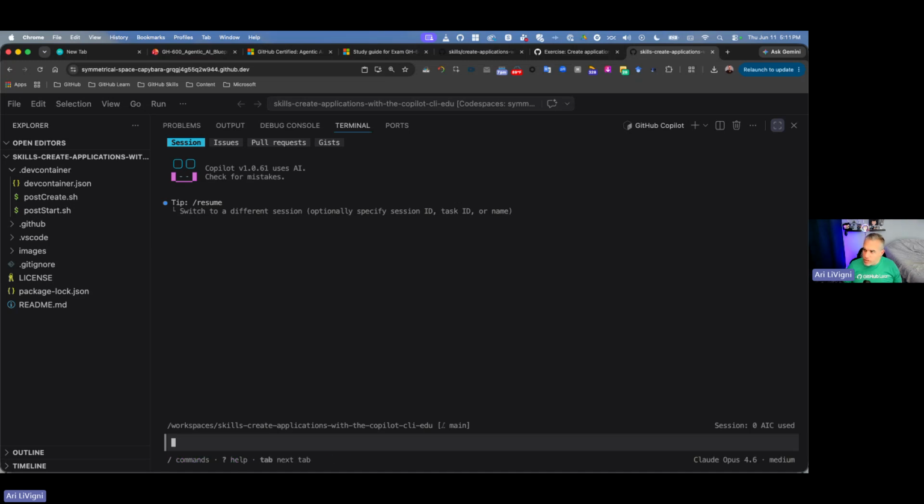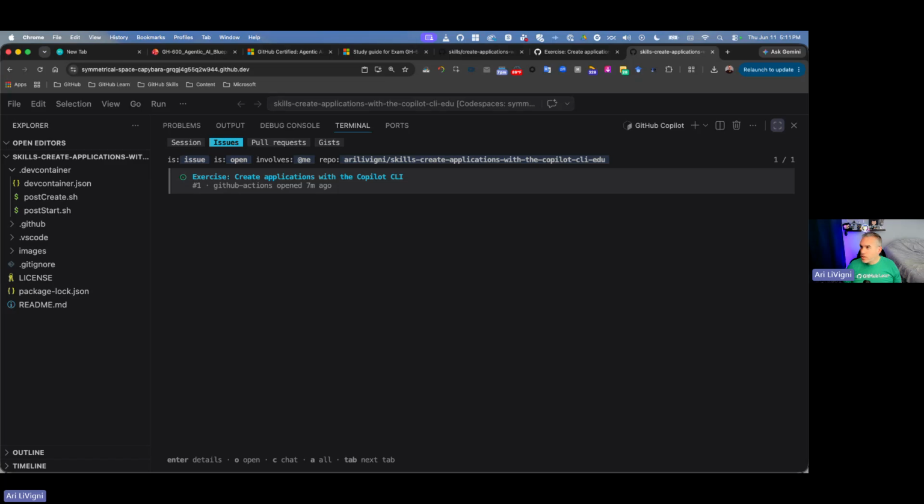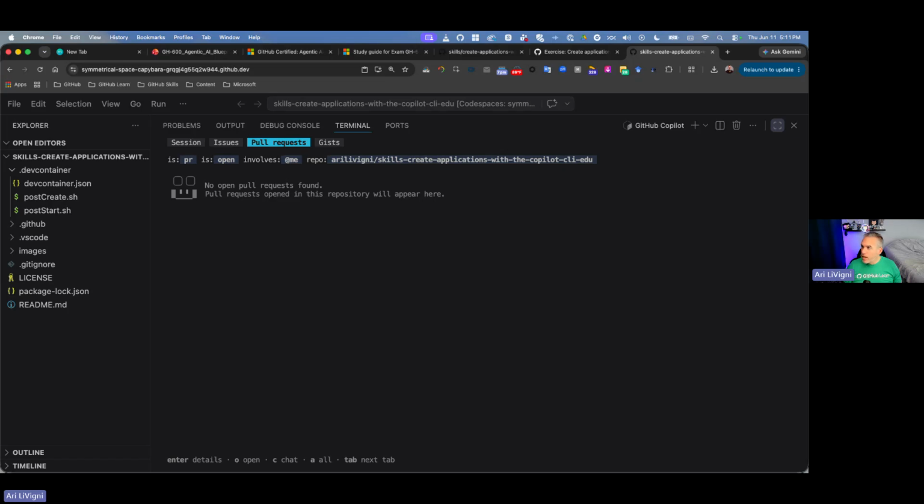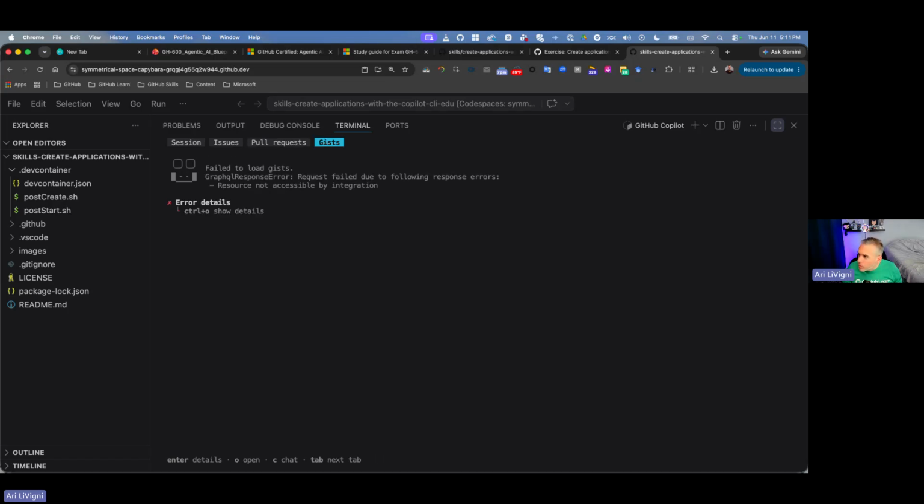This is a new feature which is pretty slick. So now we have this tab. You can hit the tab key and actually go through your sessions, the session, the issues. So we have an issue open right in this repo because it's an exercise. Create application with the Copilot CLI. You were in that repo, so it already knows about that. Any pull requests that might be open, so we can look at that. We'll create a gist. Error details. I don't know if there's an error, because due to following response errors might be one of the experimental parts